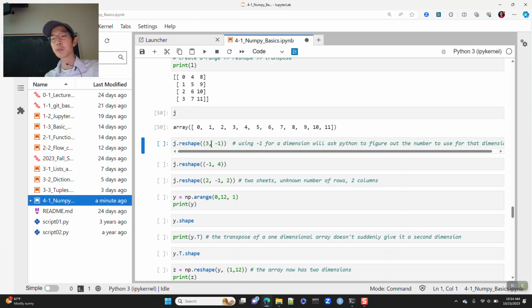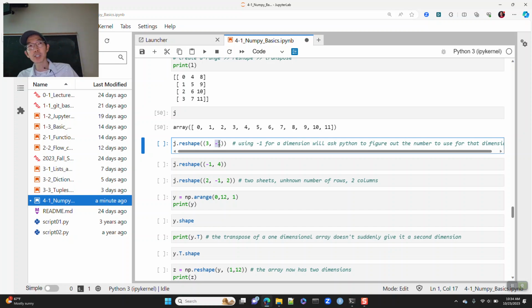Sometimes in Python, you will see this -1. Okay, you'll see this -1 thing, and it feels confusing, right? We're asking to reshape this array j. So j is a length 12, one-dimensional array. And here we're going to say reshape it to 3, -1. Okay? What is the -1? Well, the -1 basically says,